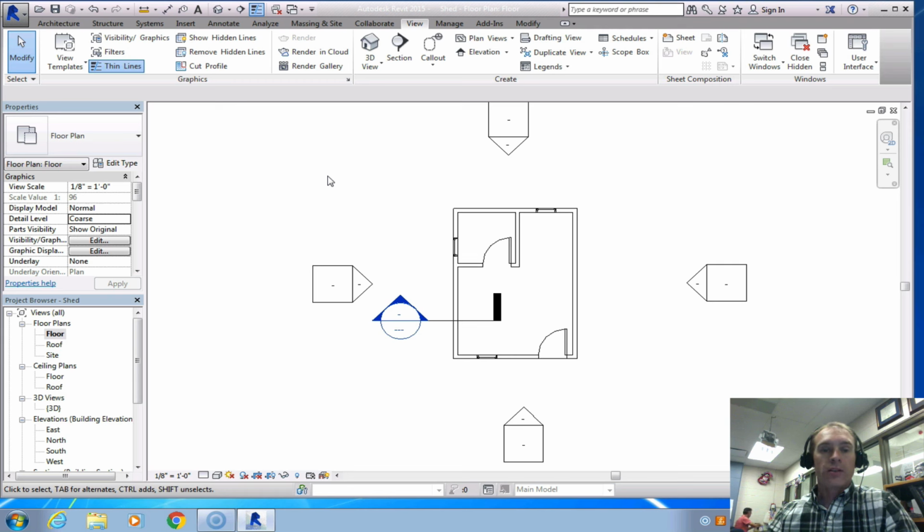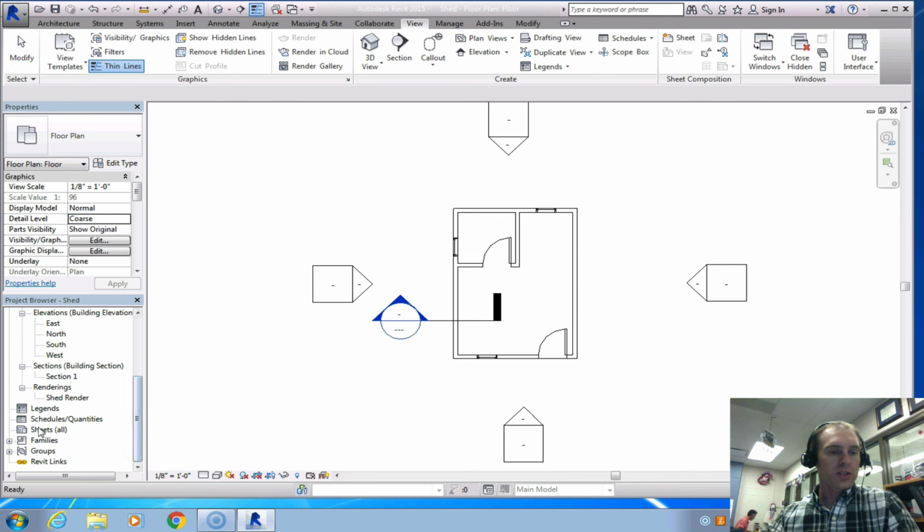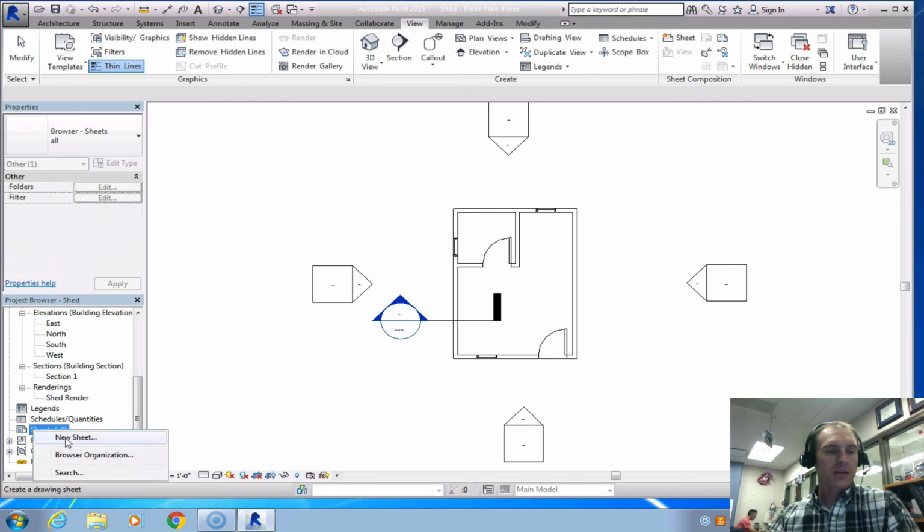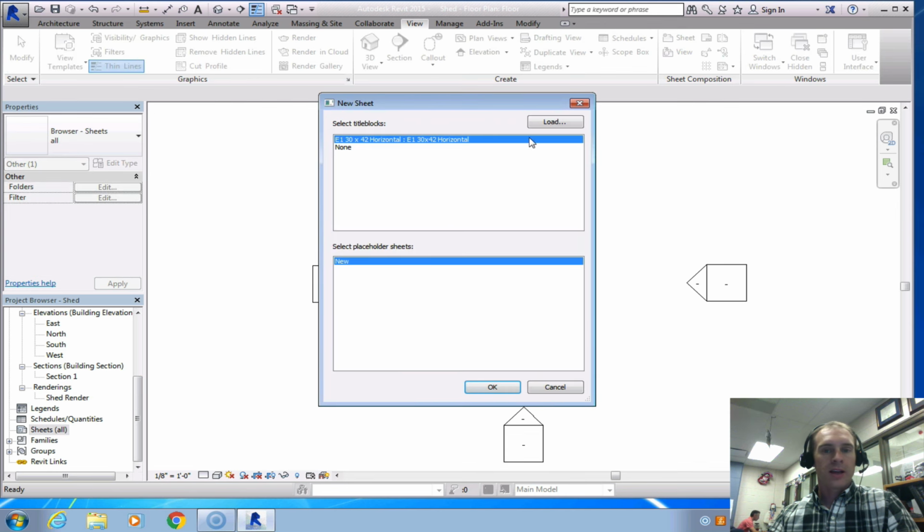So we have created all of the images that we need to create on our floor plan. So now we're going to add them to our sheet so that we can print it out. So what I need you to do is go down to Sheets and right click, select New Sheet, and then